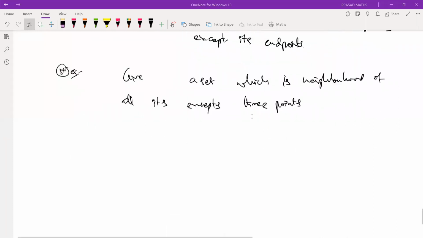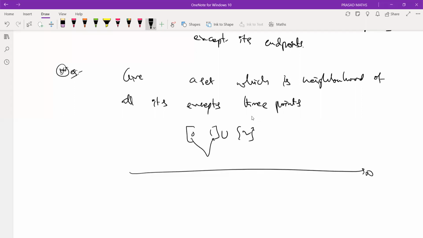Okay. So I need a set which is a neighborhood of all its points except 3 points. See, what we have seen just now is a neighborhood of all its points except these 2 points. The problem is with 2 points, so you add 1 more point, that's it. Yes or no? The set is not a neighborhood of this point, nor of this point, nor of this point. This is a neighborhood of all the other points,